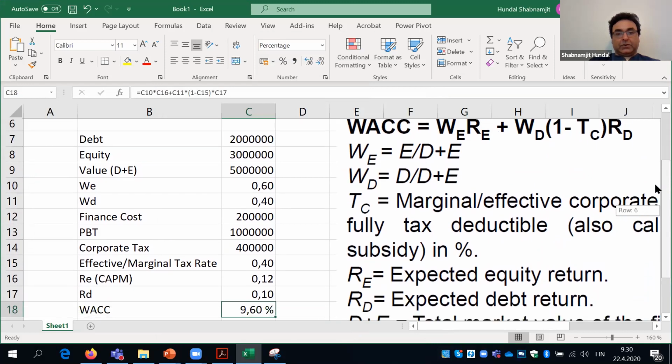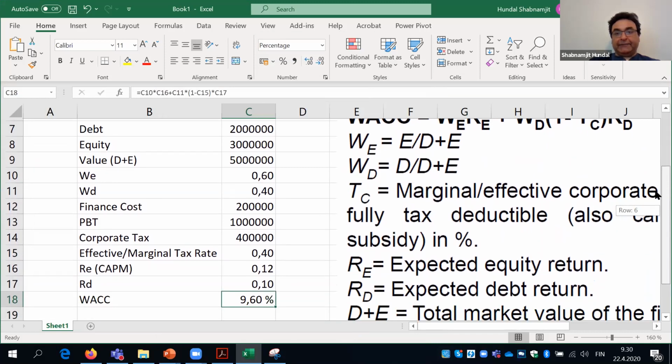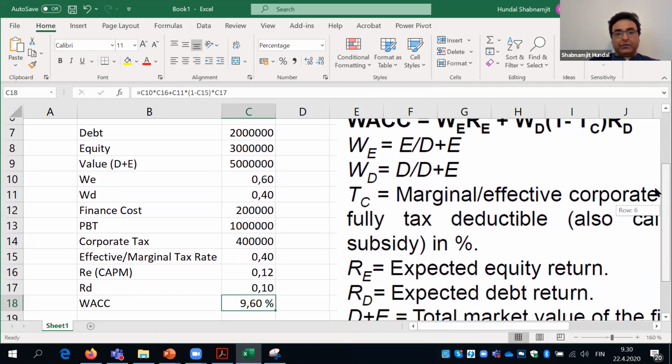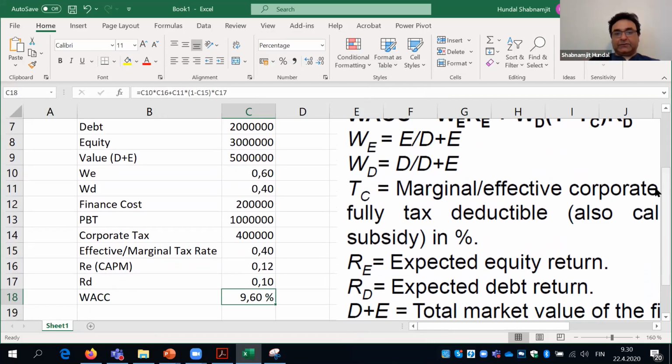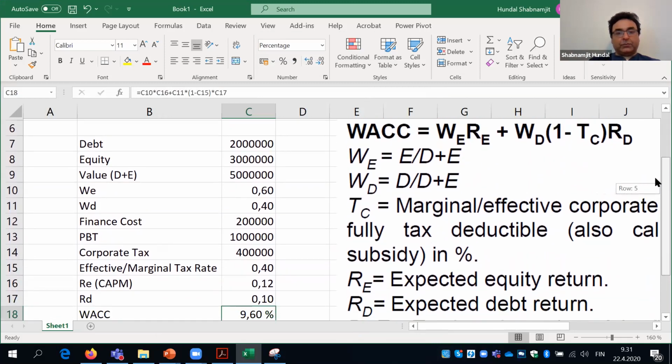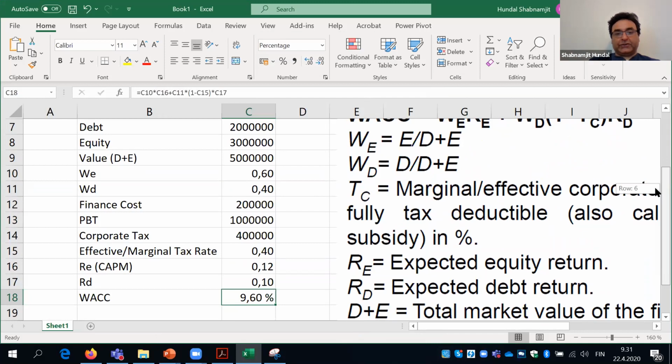Okay, so I have not created any task yet for you, but I will be creating a task in your slides and making a new formulated set of slides for you. So this would be your task 9 basically, which would be how to calculate the weighted average cost of capital of a company for multiple years.